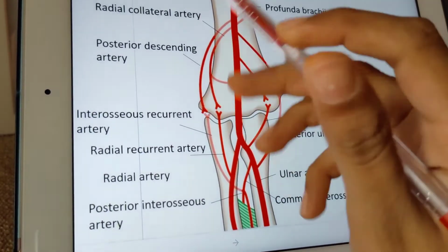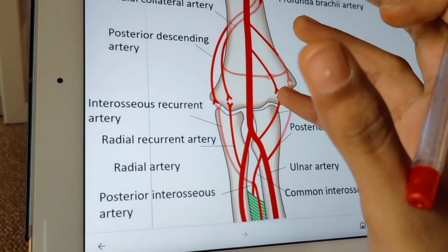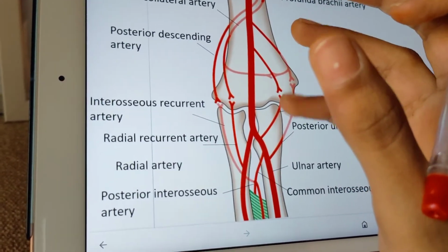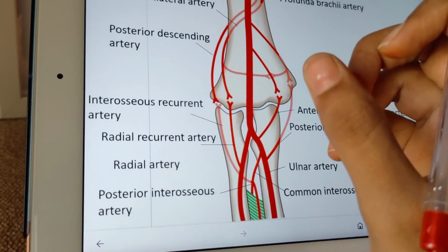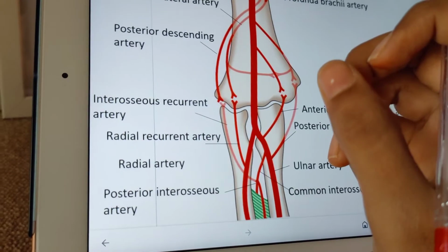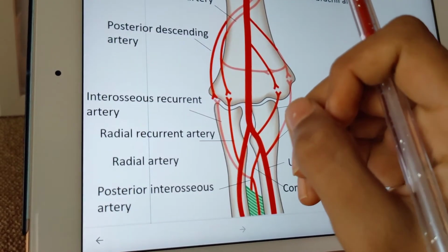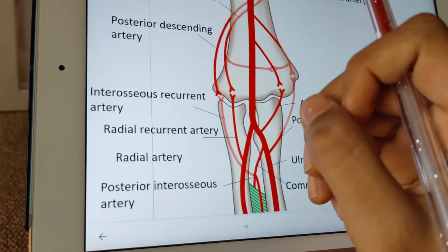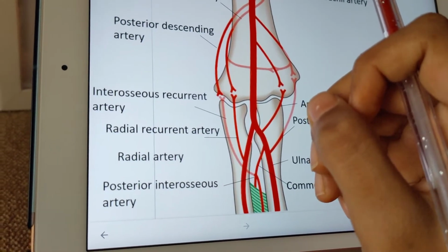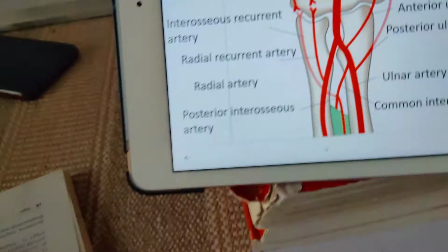So this anastomosis helps around the elbow joint. This is one, and the other one is the deltoid ascending branch, which ascends between the long and lateral head of triceps and anastomoses with the descending branch of the posterior circumflex humeral artery. The other one is the nutrient artery to the humerus, which is often present and enters the bone in the radial groove just behind the deltoid tuberosity. However, it may be remembered that the main artery to the humerus is a branch of the radial artery.